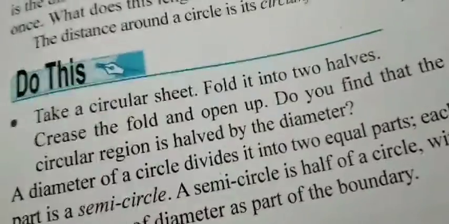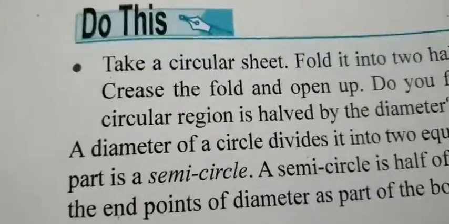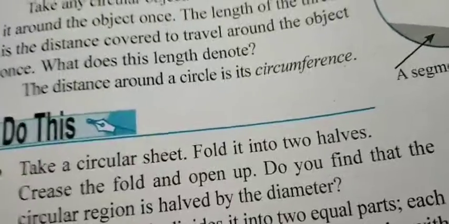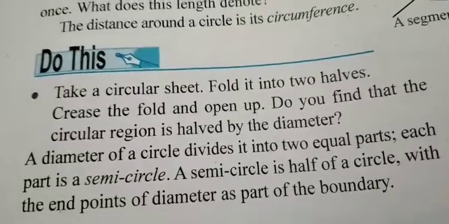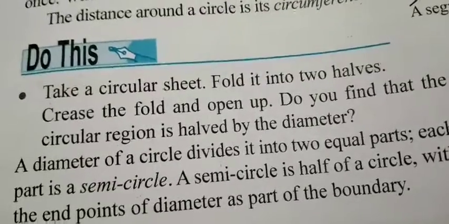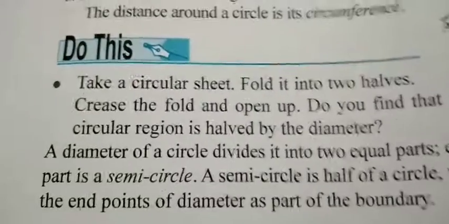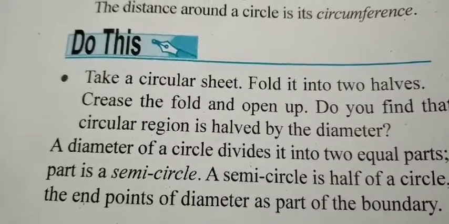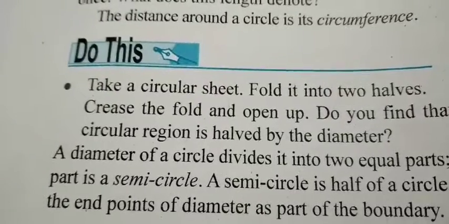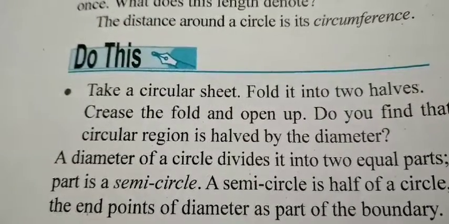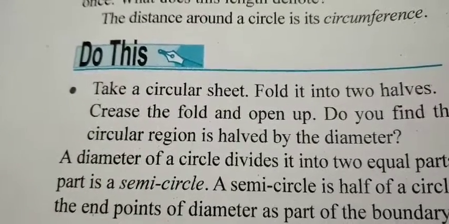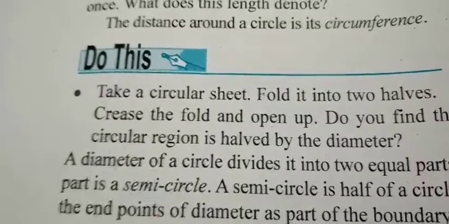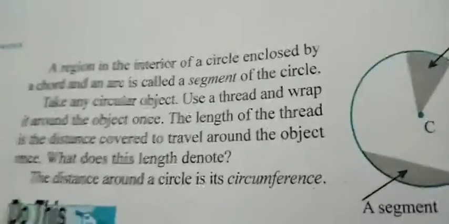So we have come to the end of the chapter. In this chapter we have talked about point, line, line segment, ray, angles, different polygons, and curves, and finally we have talked about the circle. Basic knowledge of the circle we have, basic knowledge about the geometry we have given, and hope you have enjoyed and understood what I tried to explain to you.